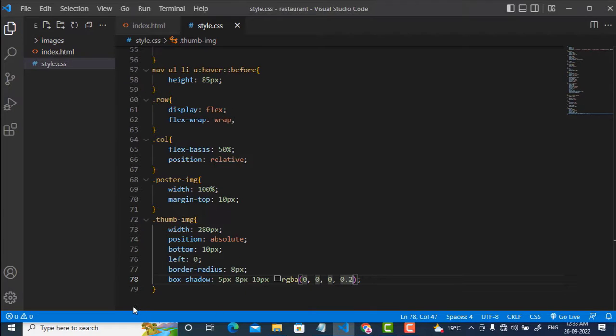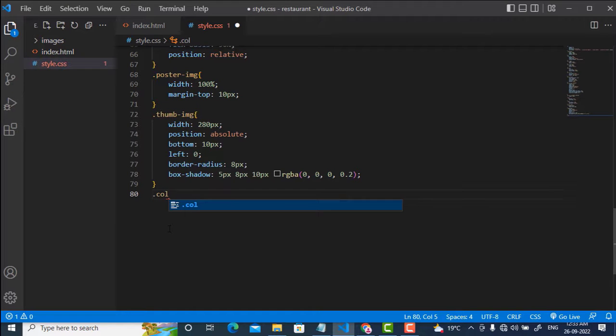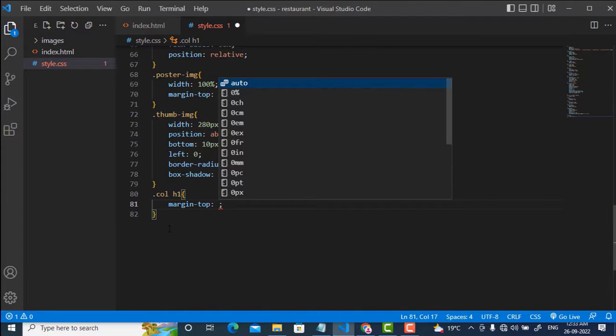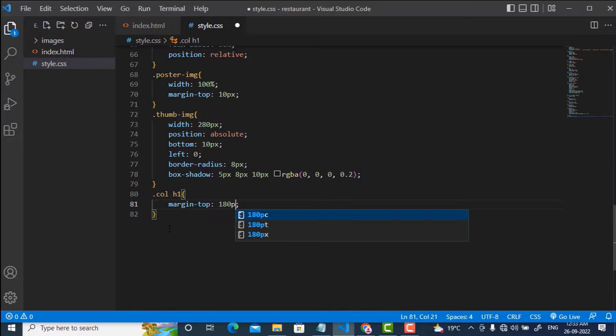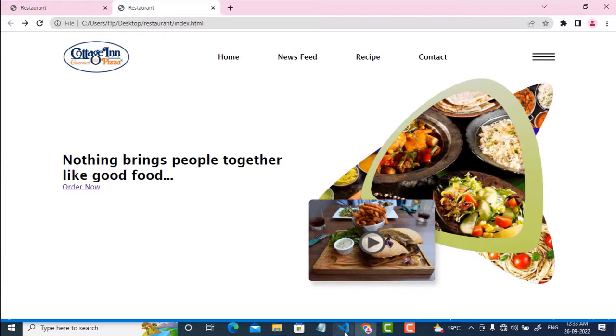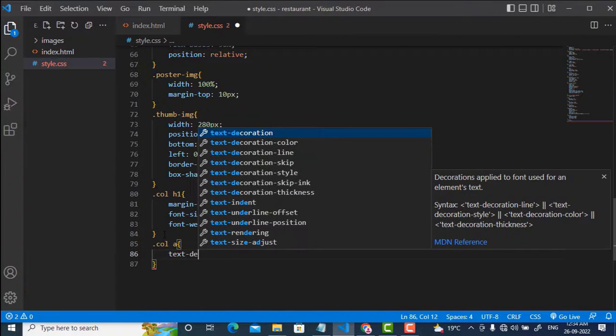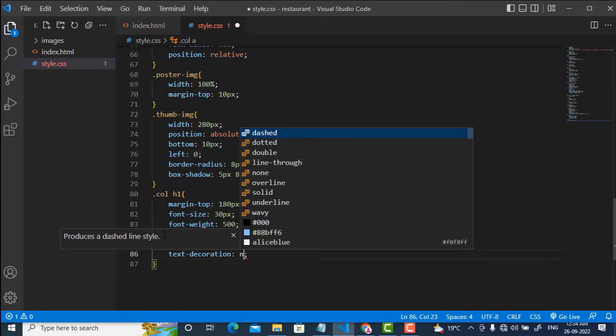Now .col h1, I will style this h1: margin-top 180, font-size 30 pixels, font-weight 500. Now .col a: text-decoration none,